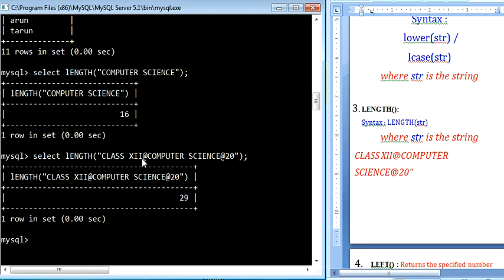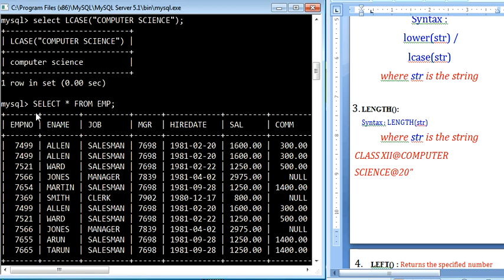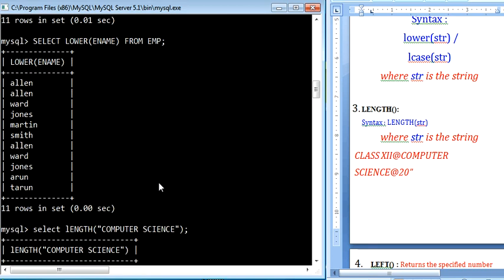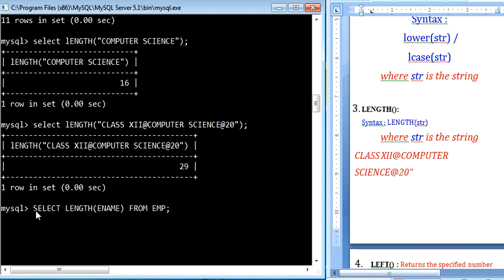Now let us try the same function on our table. On the same ename I want to apply it. Whatever function you want to use, just use the function name followed by the column on which you want to apply it. That column name you have to mention here. I want to use ename, so I am passing it.